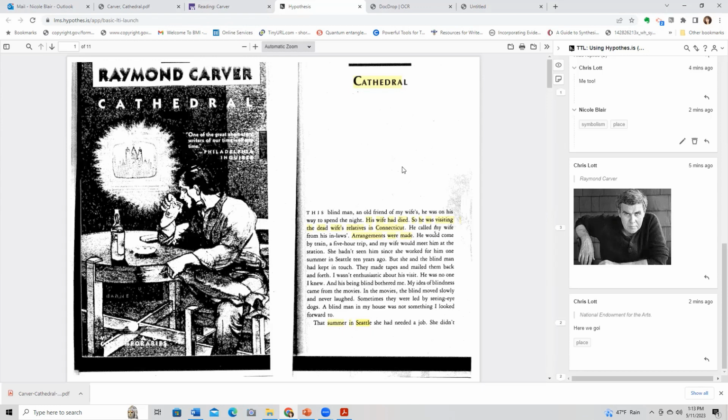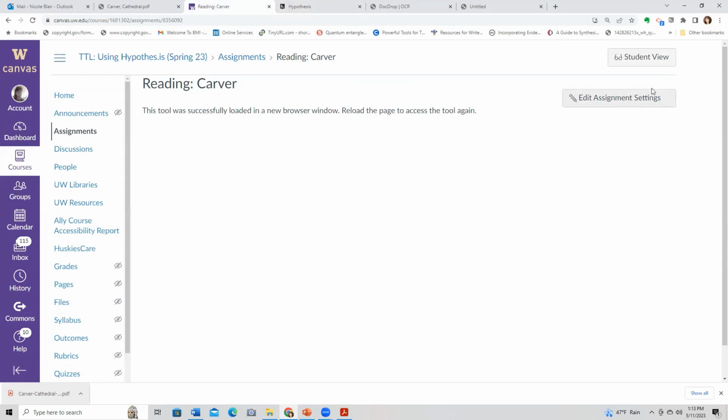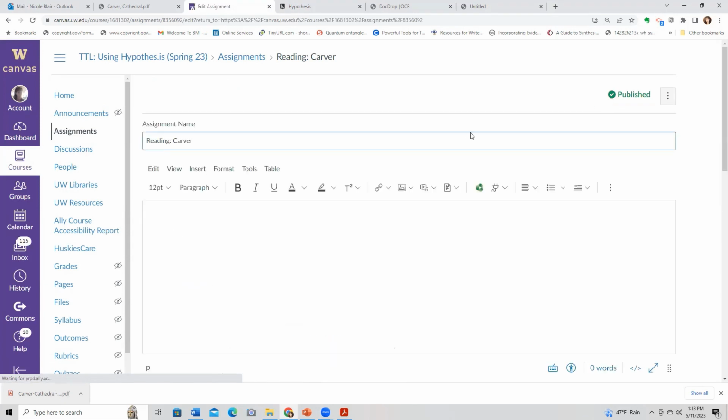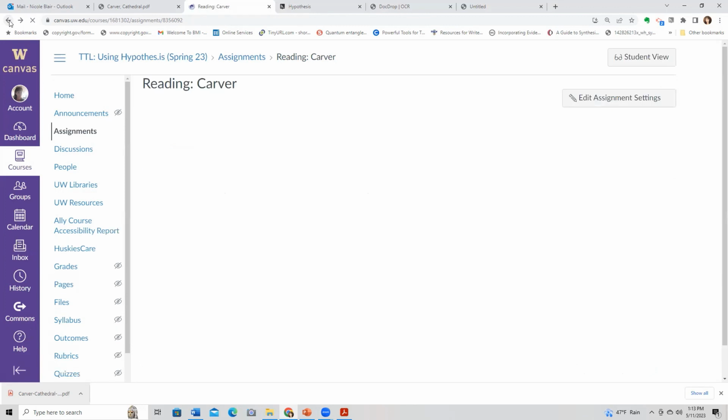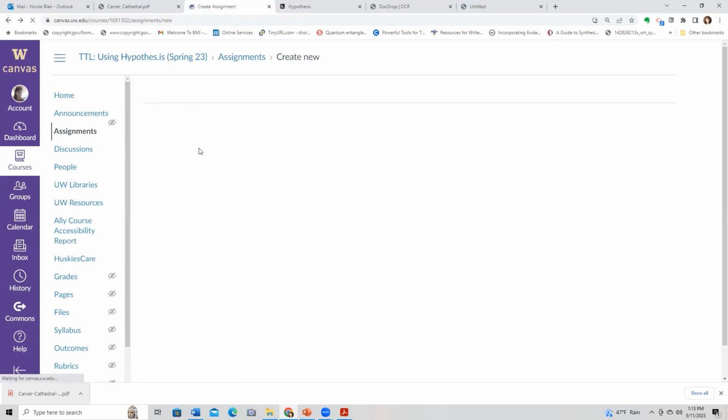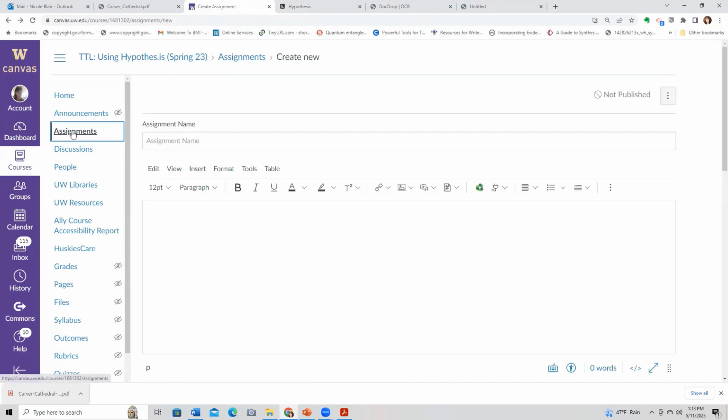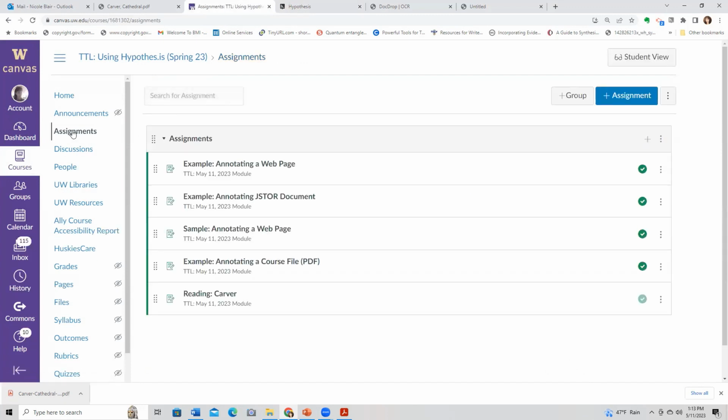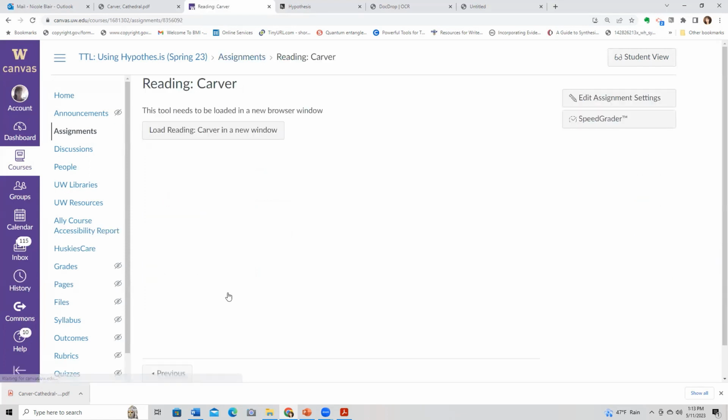Yeah, that's true. One thing you could show though, Nicole, is if you go back into Canvas and show the speed grader view. Oh yes, that's what I was going to talk about. I think if you just go to assignments again, go to that assignment. Usually you'd go through the grade book first, but since we don't have much, you can just go to the speed grader. Speed grader, yay. That's what I was going to talk about.